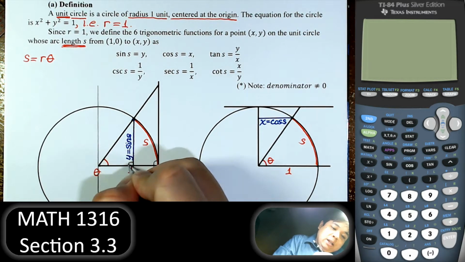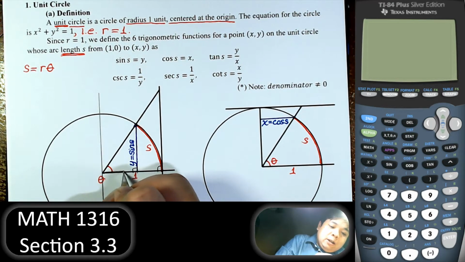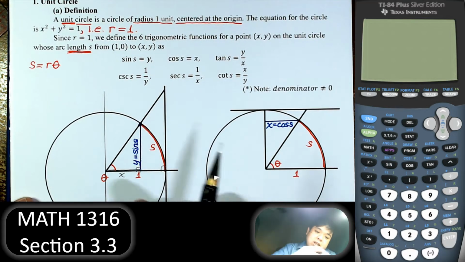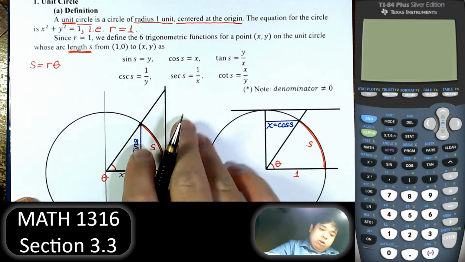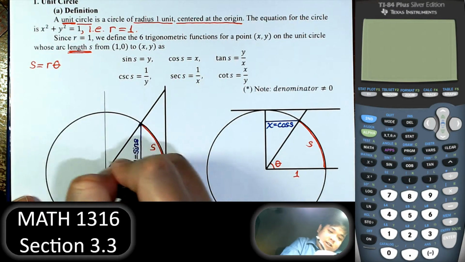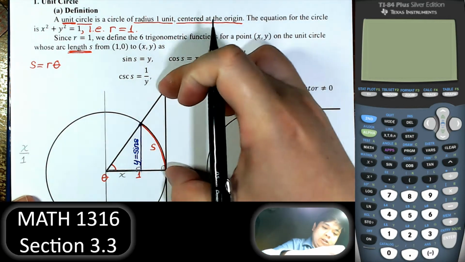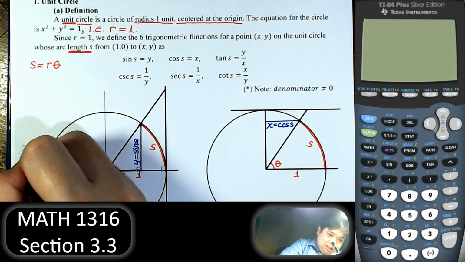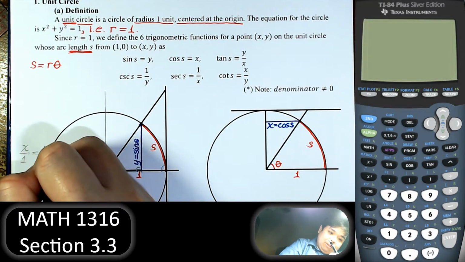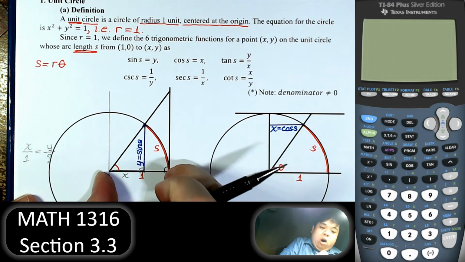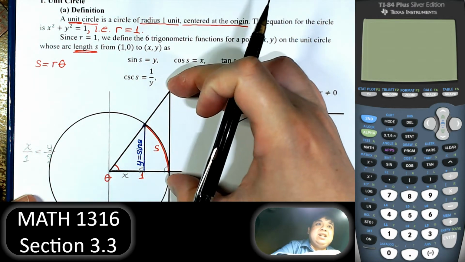And by the way, this is x. And that is y. So we can set up the ratio. For the small triangle, we have x over 1. X over 1 is equal to y over whatever that is. So x over 1 is equal to y over that is